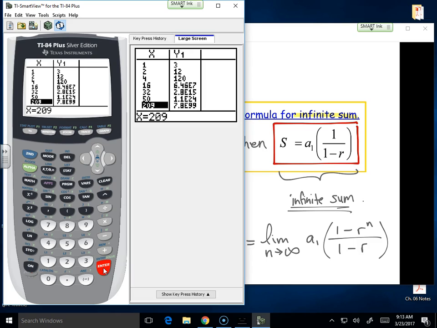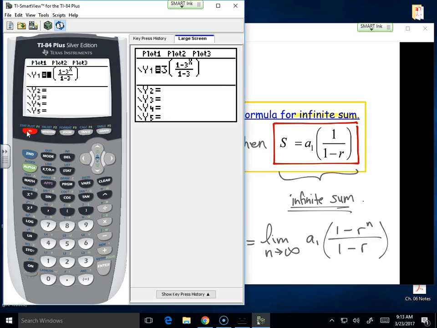So long story short, it's still getting bigger and bigger and bigger. It's diverging. So what makes a converging sequence? Here's the long story short. If you plug in an R,